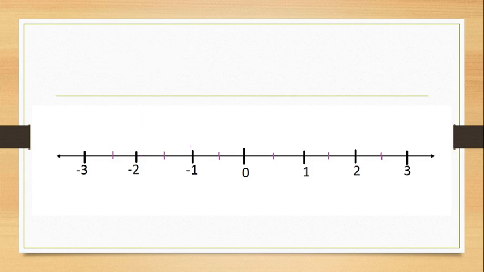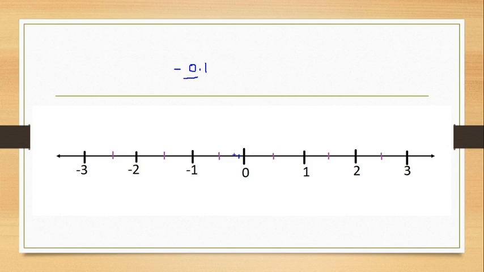Okay. Next example. One more example we will take. Minus 0.1. Let's find out where to place minus 0.1. We have to now make 10 equal parts from 0 to minus 1. Because why? This is minus 0. So from 0 to the next number to the left, minus 1.